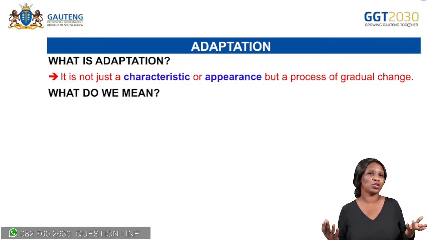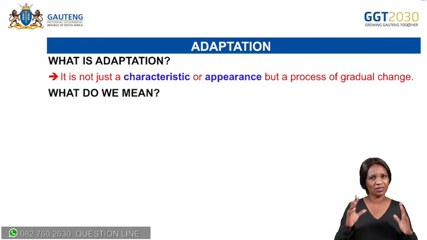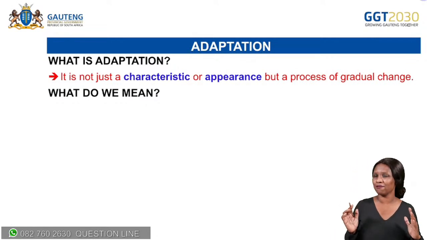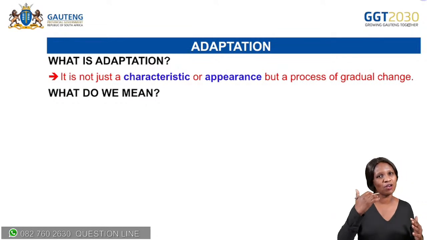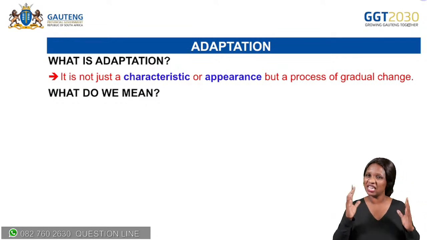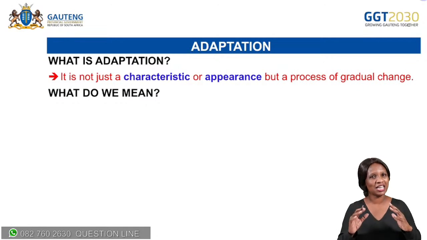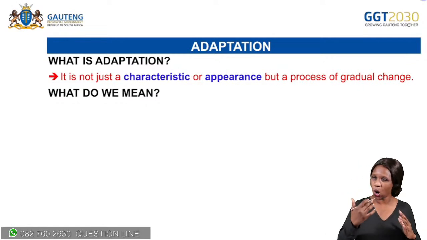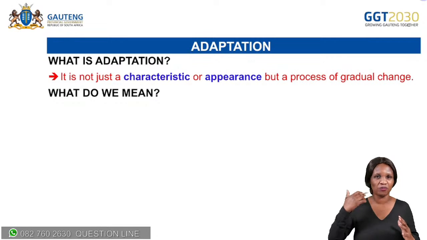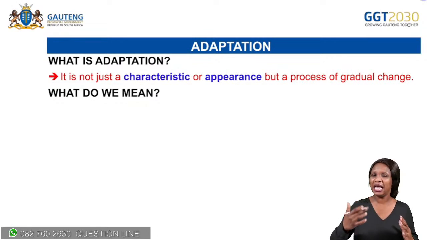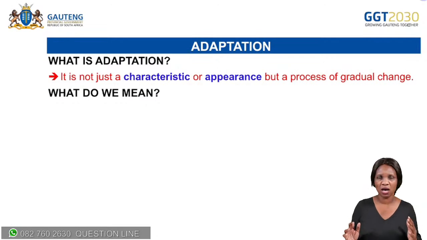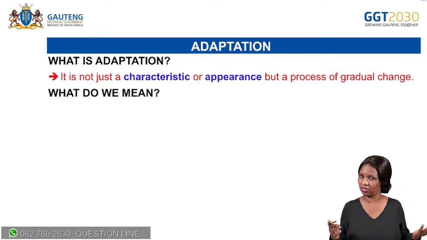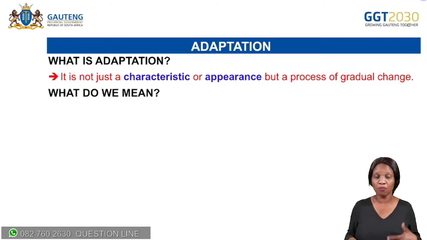When we're talking about a population, we are talking about the same kind of species of animals. Let's say maybe we're talking about zebras. You'll see that one zebra can vary from the other zebras. This is gradual change. It doesn't happen overnight. It doesn't happen in a short space of time, but it happens over a long period of time. It can be from generation to generation. And these changes can mean that an animal can survive better or an animal cannot. All right. Most of the changes are beneficial.